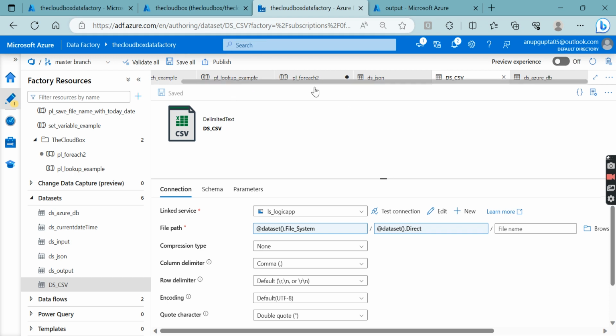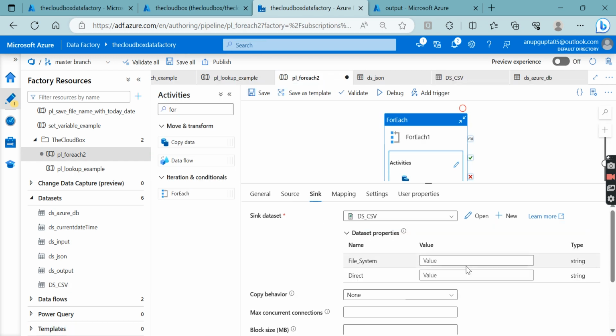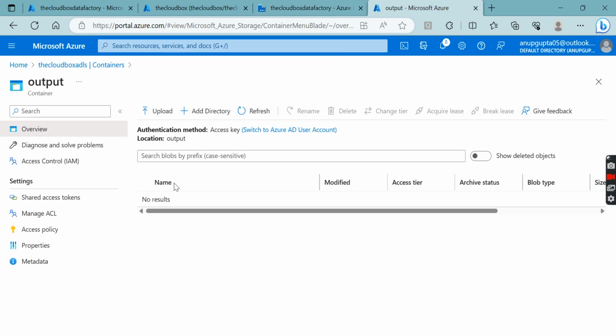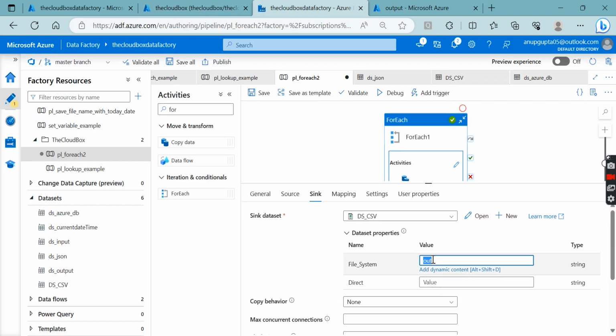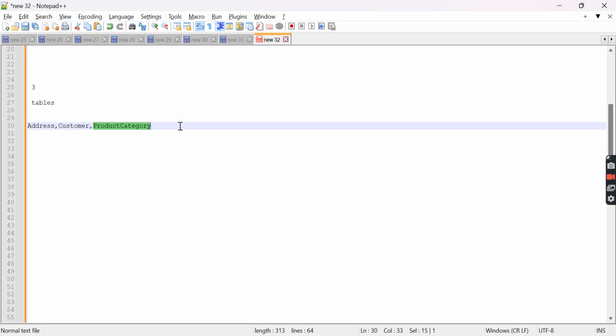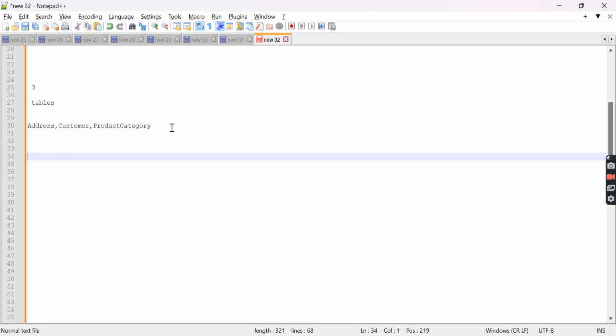Okay, let's go to our example again. The file system is output, and we know that. Although we can pass it at runtime, it doesn't make sense because it's a constant, so we'll pass it here. Now the picture comes into this. Let's say your architect or a project manager suggested, let's do the copy but in a sequence. First there should be output, and then there could be a path like